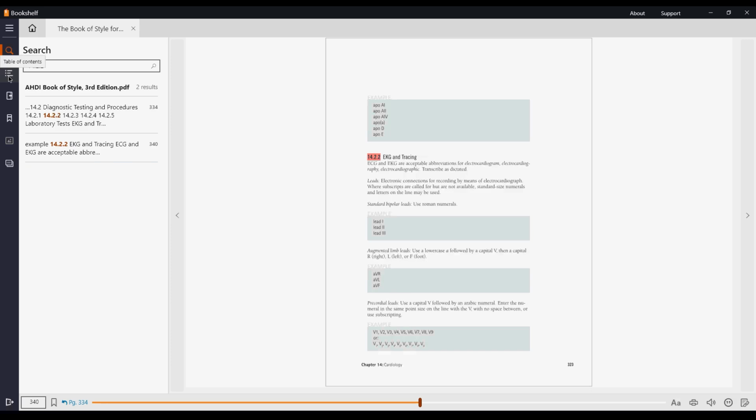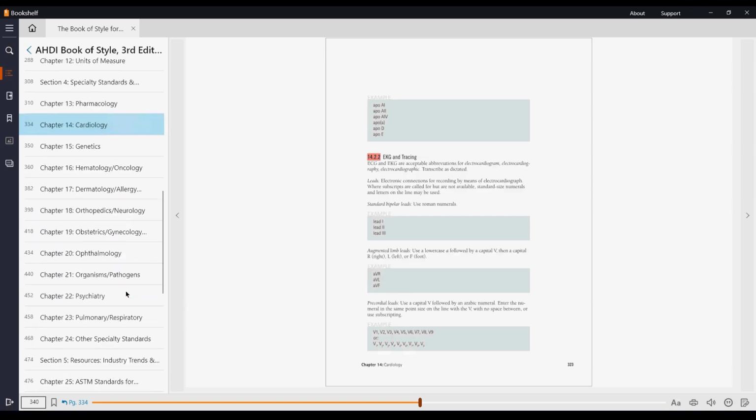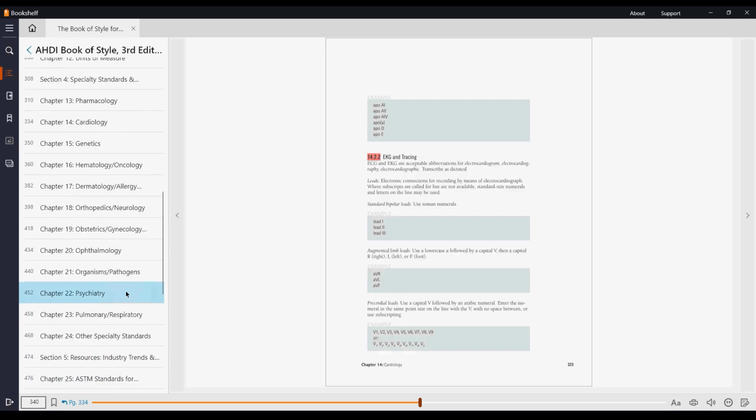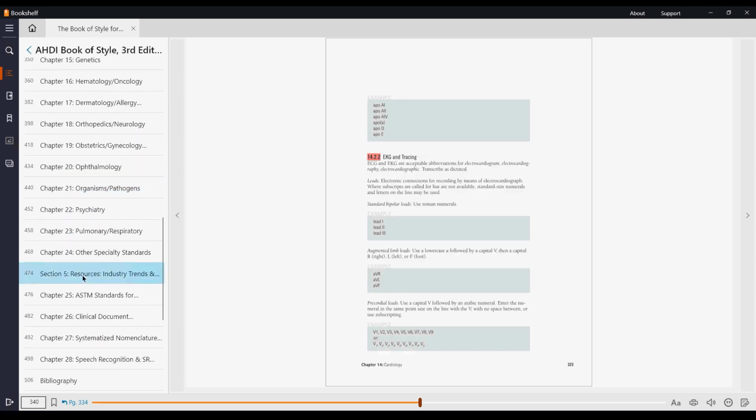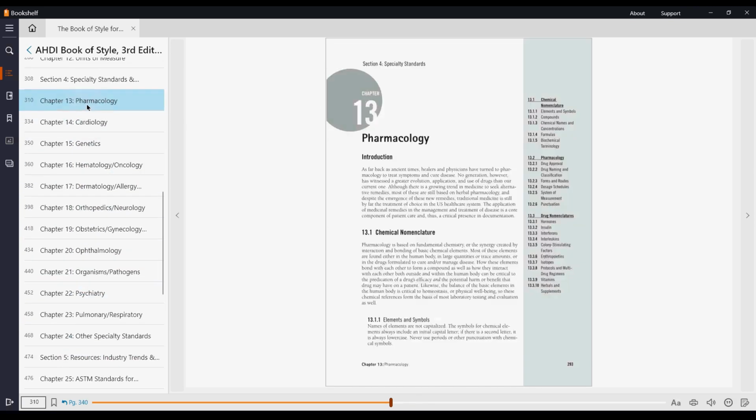So even if they give you something to format that you haven't covered yet, you can just look in these specialty chapters. So that is helpful. Again, pharmacology, so if you're having trouble with dosage stuff at all, oncology, dermatology, orthopedics, which is skeletal and muscular, it's in there with neurology, which is your nervous system, obstetrics, so